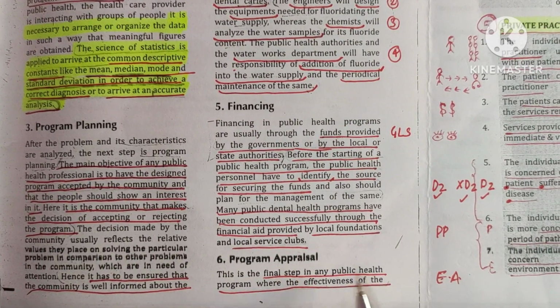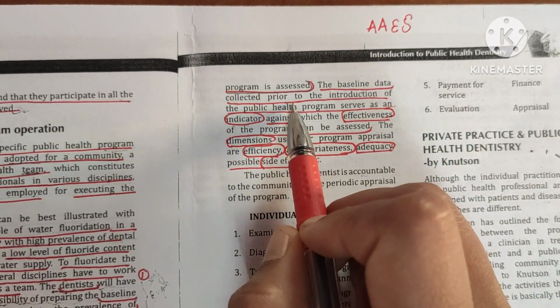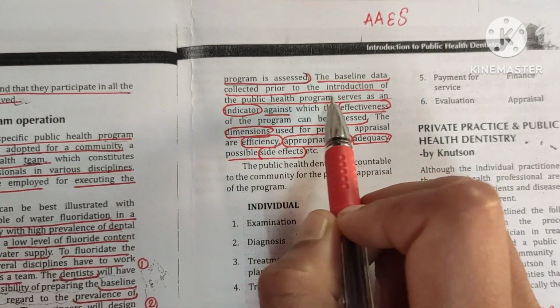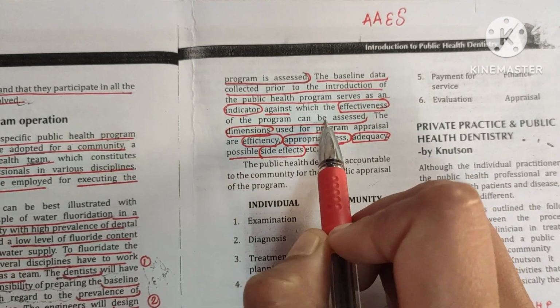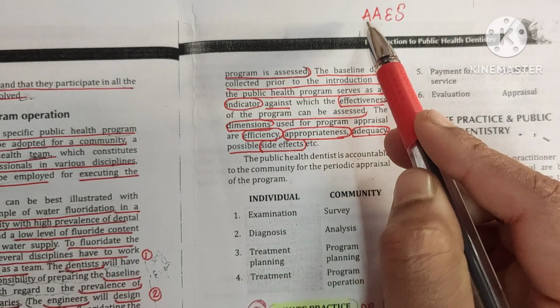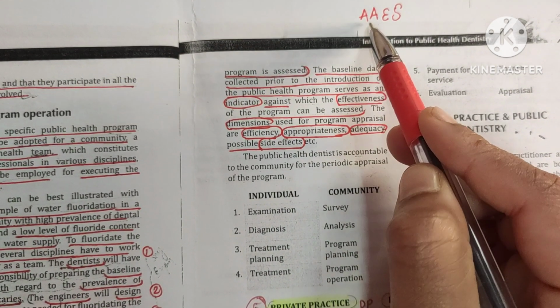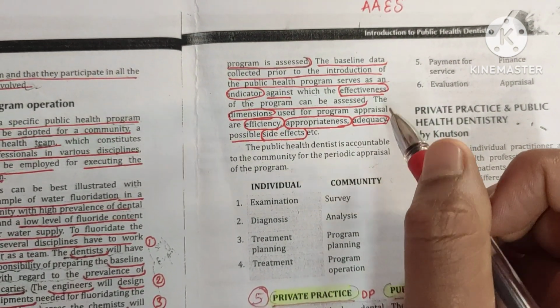The final step is program appraisal. This is the final step in the public health program, where the effectiveness of the program is assessed. The baseline data that was collected prior to the introduction of the public health program serves as an indicator against which the effectiveness of the program can be assessed. The dimensions used for program appraisal are appropriateness, adequacy, efficiency, side effects and so on. So this is all about